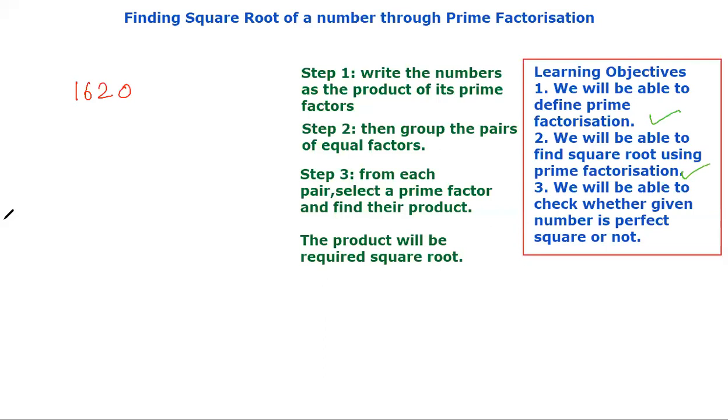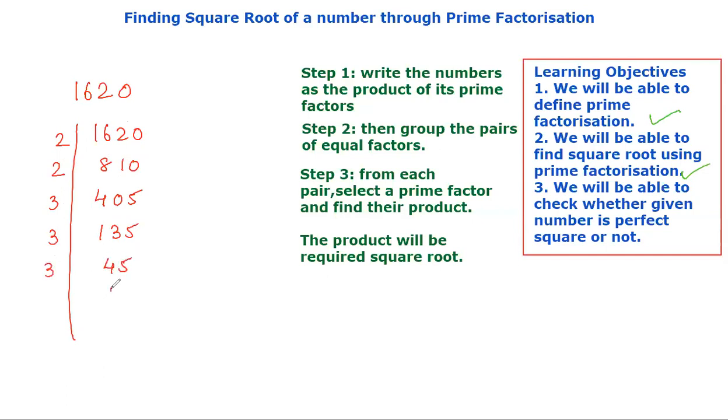So here what we have to do? We have to do the same thing. We have to do the prime factorization. So let us do it now. 2 810s are 2 405. If I take now, it will not be divisible by 2. So now 5 plus 4 is 9, so now it will be divisible by 3. So it will be 135 over here. 3 45s are, then it will be 3 15s are, then it will be 3 5s are, and it will be 5 1s are. So now let us try to express it.